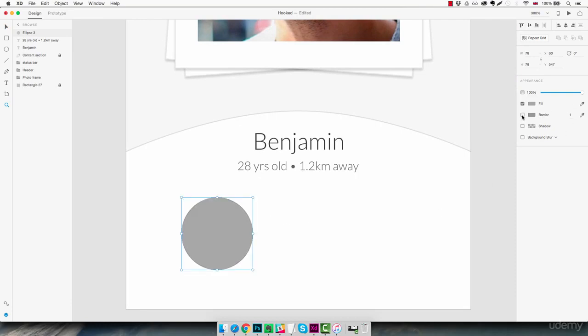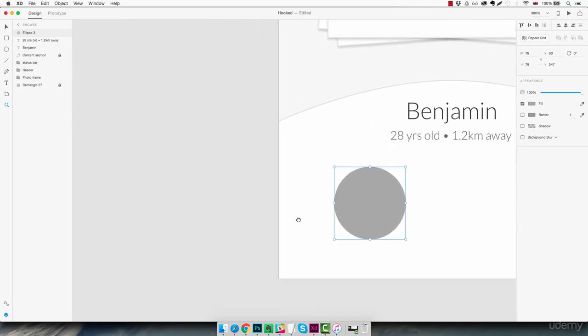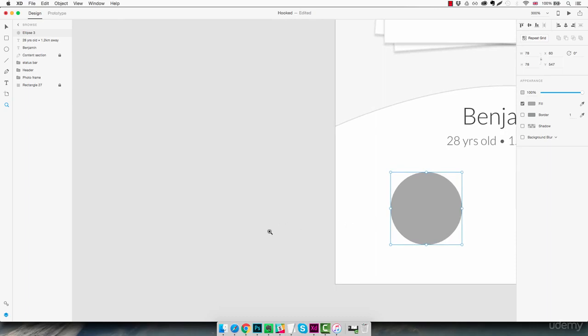remove the border, and now we need to create the little cross icon which is gonna be placed inside this button. So to do that, we're gonna move a little bit outside of our artboard and use the rectangle tool to draw a little rectangle here. I'm going to change the size a little bit and change the border radius, remove the border, and now we're going to use the handles here and rotate this